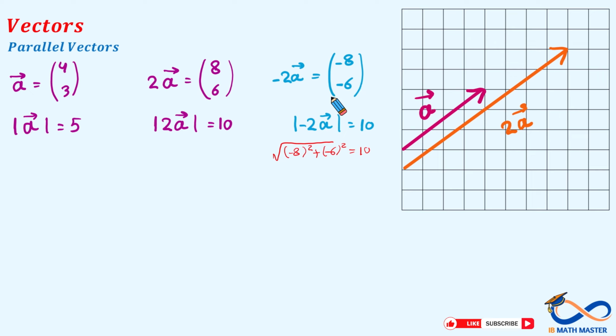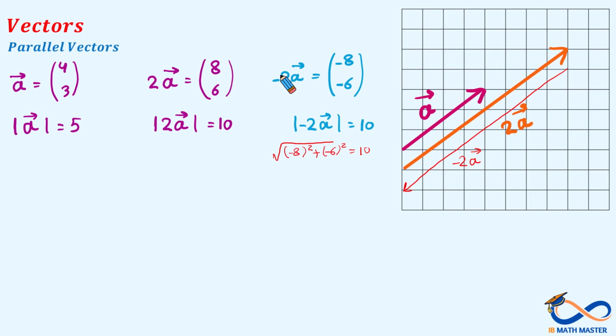So now, when we draw this vector (-8, -6), it will be like this. We start from here. As you see, it's a vector of length also 10, but it will be the opposite direction of 2A's, just parallel to them, but in the opposite direction